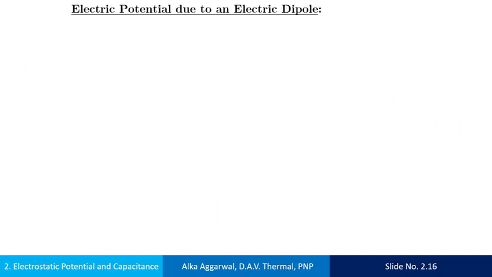Now let us do the derivation of the expression of an electric potential at a point due to an electric dipole. As you know very well, the dipole has two lines, one is an axial line and the other is the equatorial line. The line which joins the two charges, or along the axis, is the axial line, and the line which is perpendicular to the line joining the two charges is called the equatorial line. Now this time we find out the potential on the axial line of the dipole.